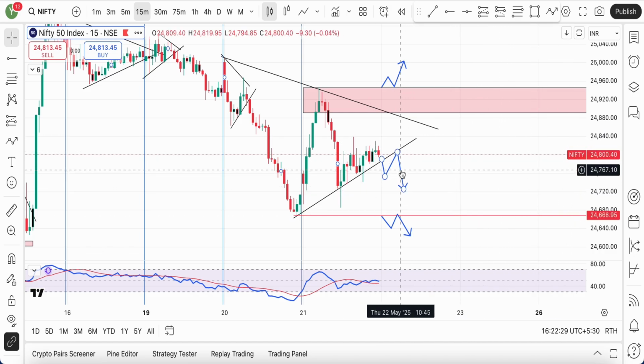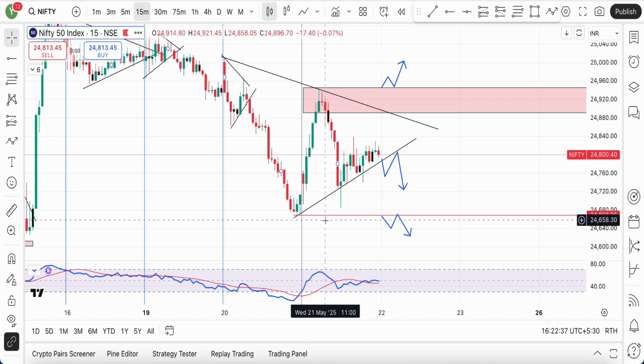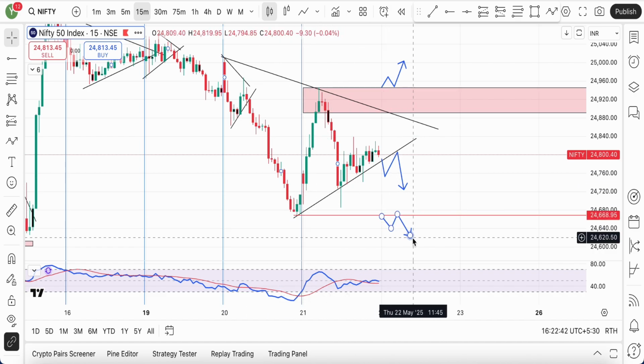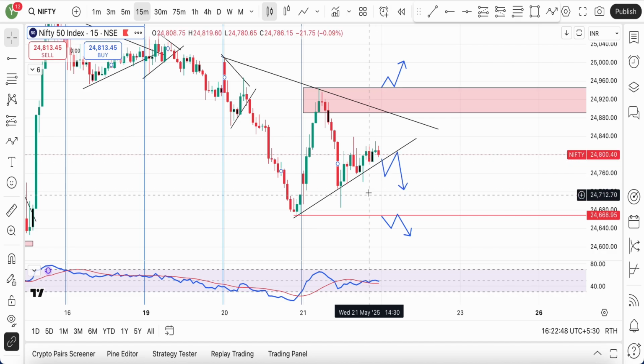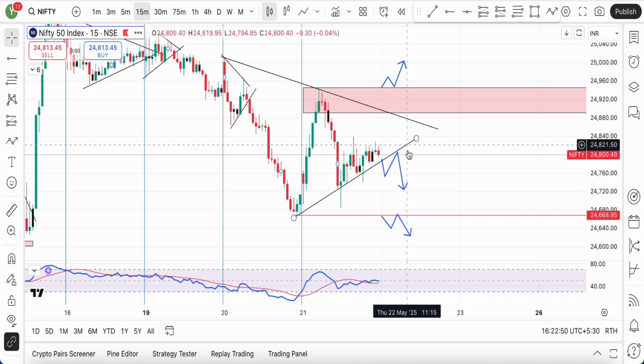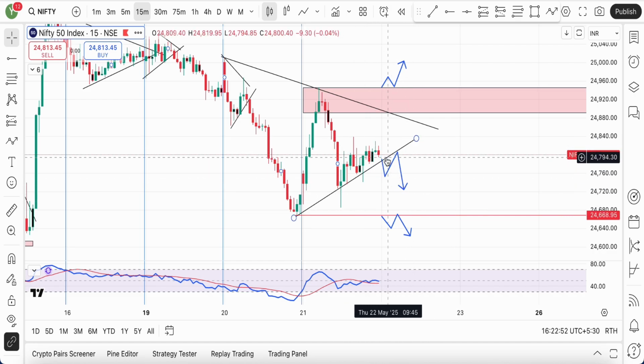So be prepared. I think freshers who are new to trading should not take this particular trade, not the trend line trade, but should wait for the day's low or previous day's low to be taken out, and then enter with a small pullback. People who are experienced and can handle the volatility in this region can scalp around here with a good candle closing below this particular trend line.